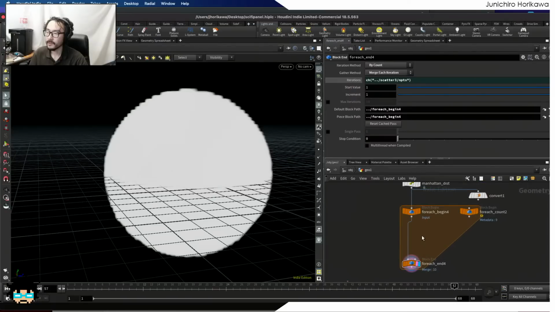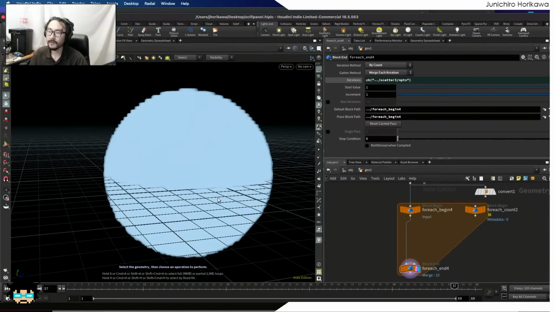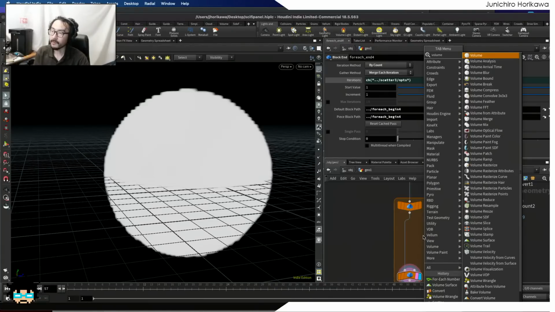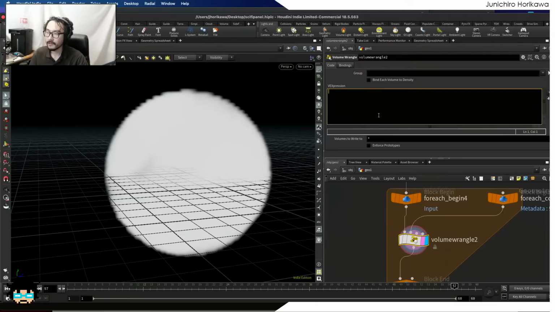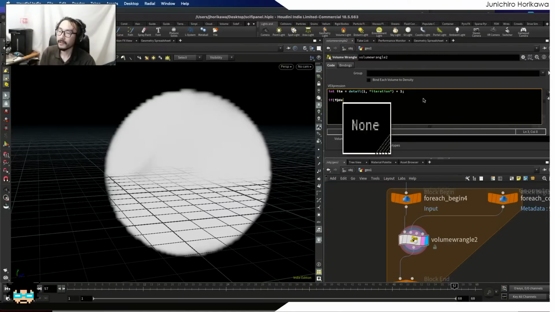And then for each loop, I would like to pick a corresponding index. So I'm going to use the volume wrangle and get the iteration value. Int iterations equal to detail iteration. Now since the index value starts from 1 because I have added by 1, I'm going to add 1 to this one, and I'm gonna check if the current density is equal to,